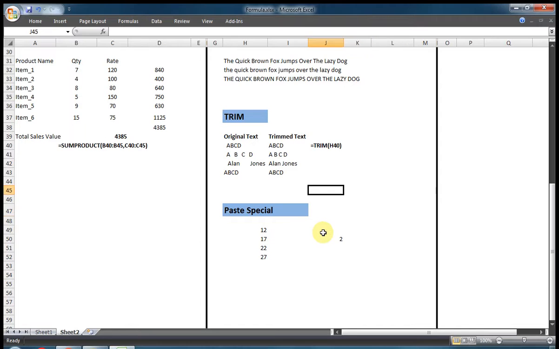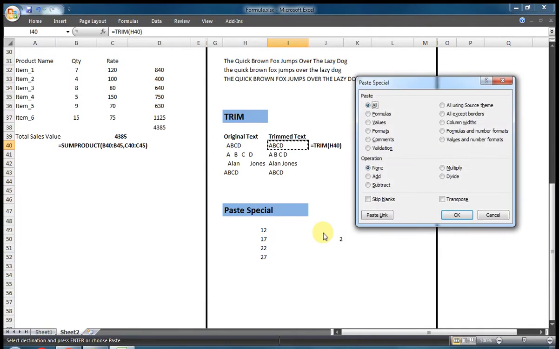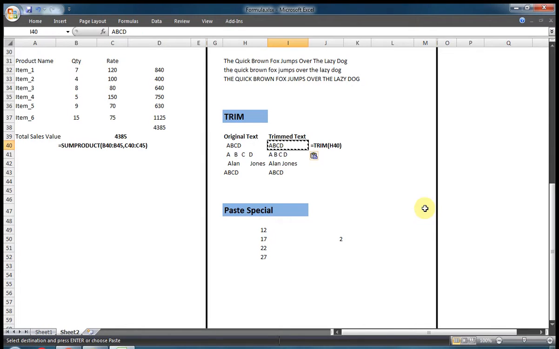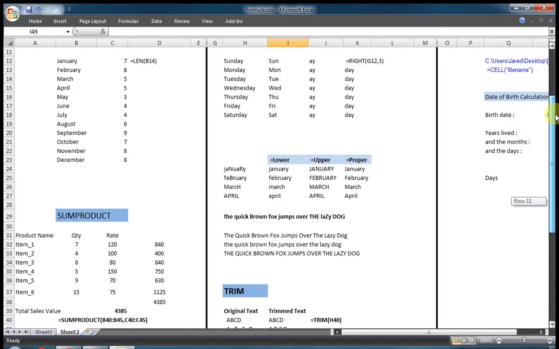One more thing: we can copy and paste special only the formula, or only the format. This time, to remove the formula, you can use values only. You see here the formula has been removed. These are most of the functions you can use in paste special also.